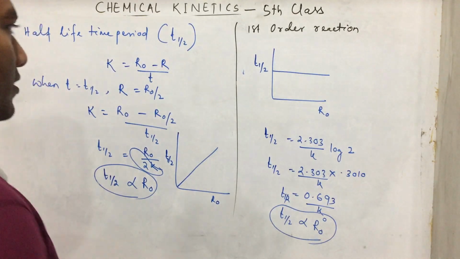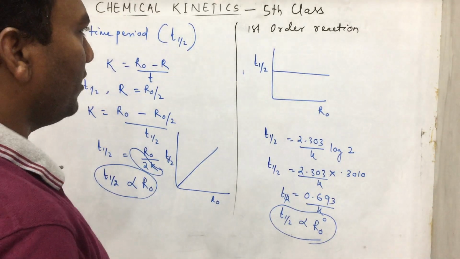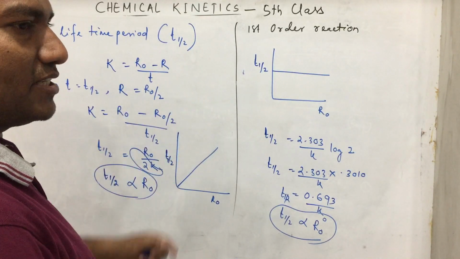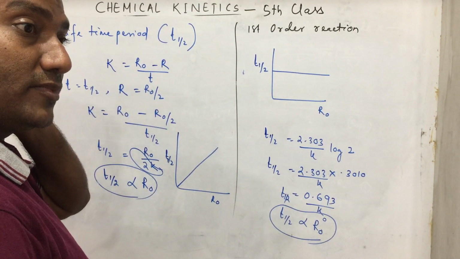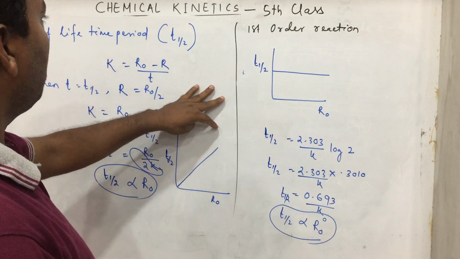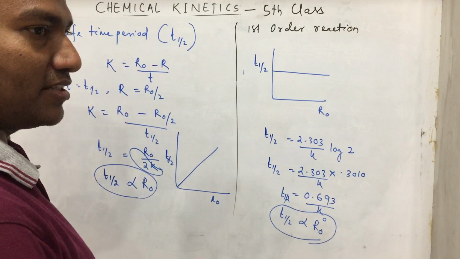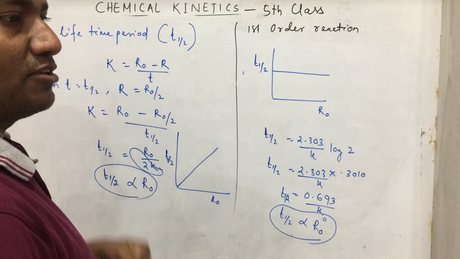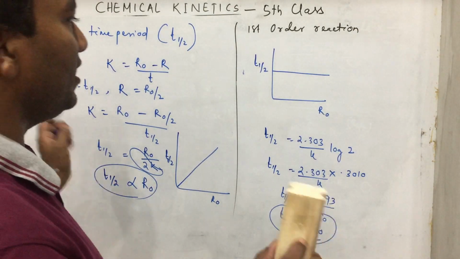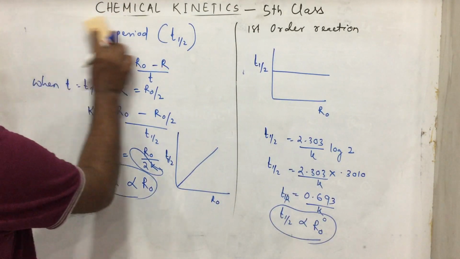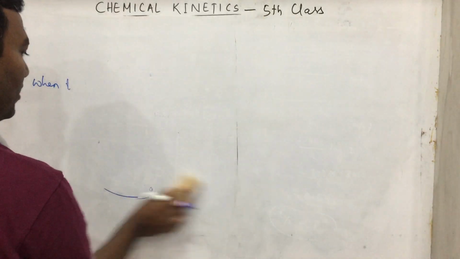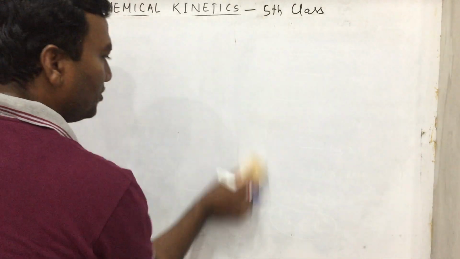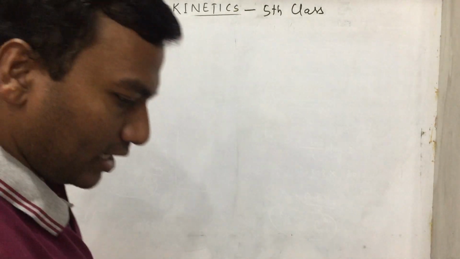Clear? But in the entrance exams, different types of graphical representations come, not only zero order and first order. Because in our CBSE part only zero order and first order reactions are there, but for second order, third order, nth order, how can we represent the graphical representation? So you see, for different orders, how can we represent? So this is the summary now. What we got,